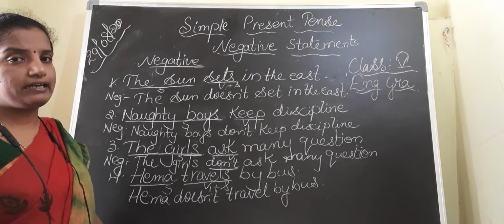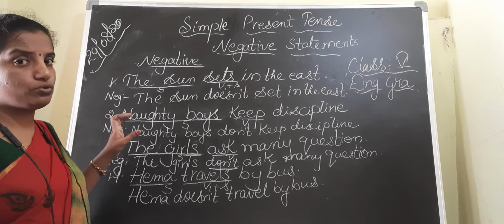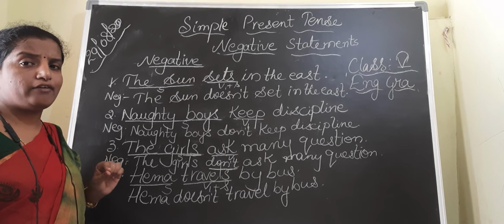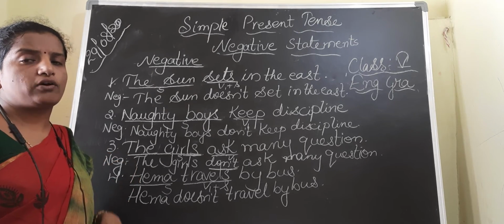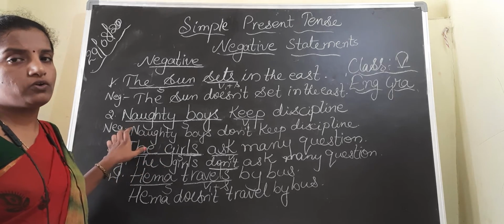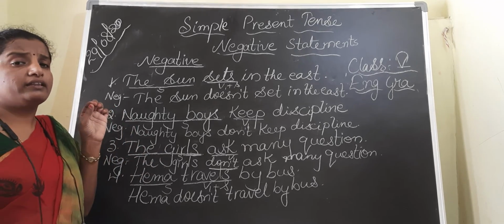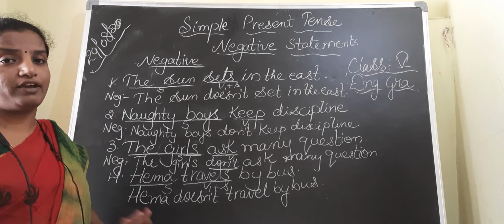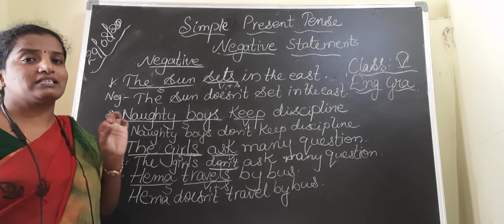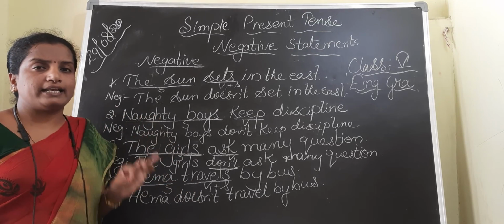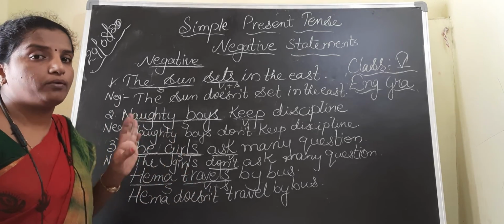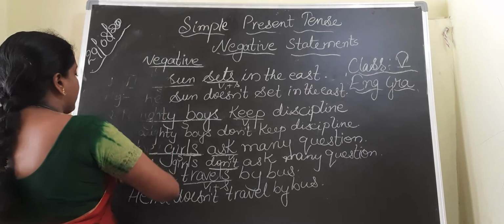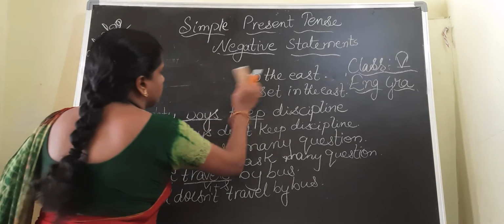Let us discuss, children, one more exercise related to the topic. See here clearly. Whenever you are going to write a negative form in the simple present tense or any tense, now we are discussing only the present tense, the first thing you have to remember is to identify the subject as well as the verb. If you are clear with your subject and verb, then you can easily frame the negative form of a given statement. Is it clear?